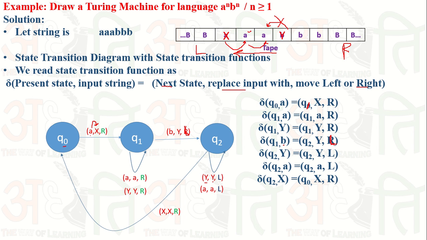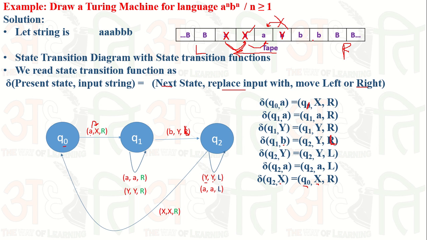So what is on the right? On the right, we have A. So at the state Q2, when we find the X, then we move to the state Q0 and replace X with X and move right. Where do we move right? When we move right, we get a small a. When we get a small a, we replace a with X and move right again. So we simply replace it with X and go to the right. After going right, if we have an A, then we replace A with X and go right. So it has an A.